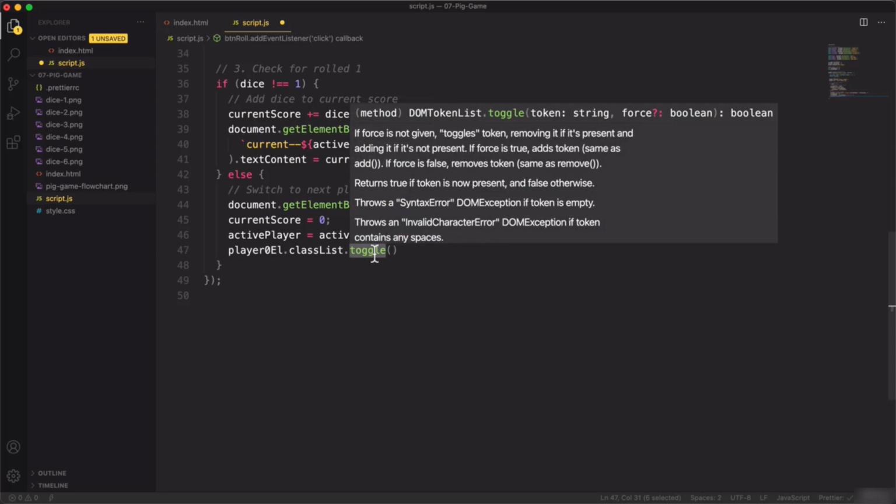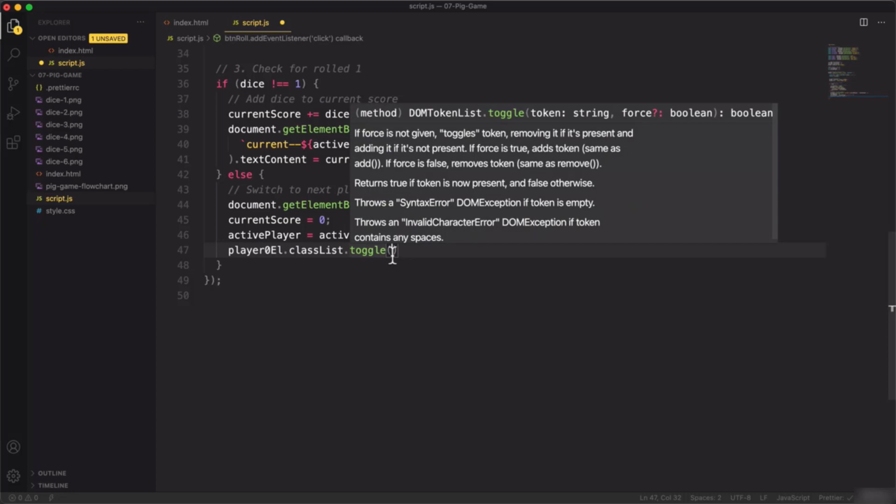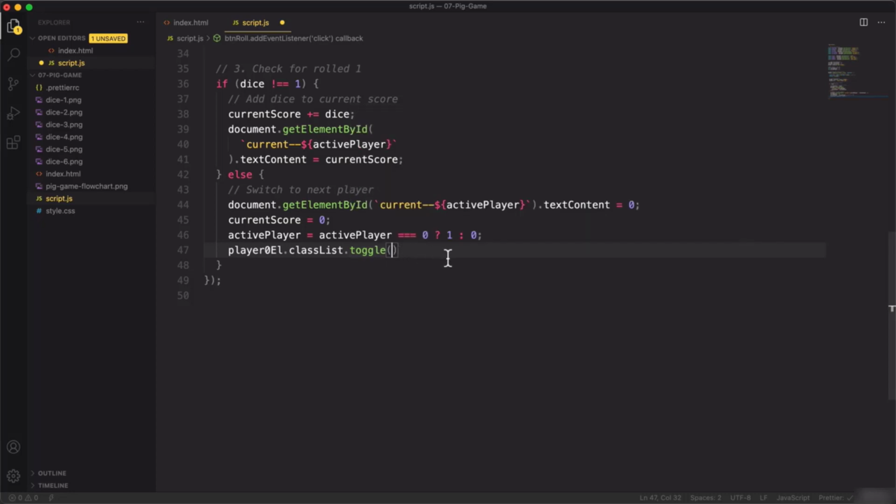So actually we could have used this toggle method in the previous project of the pop-up, but back then I actually wanted to show you the contains method. Remember that? But now, again, we will use toggle here because it is easier. And so now we simply have to add this player--active class, or actually to toggle it. So if we do that on both,